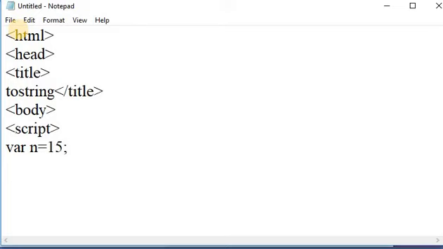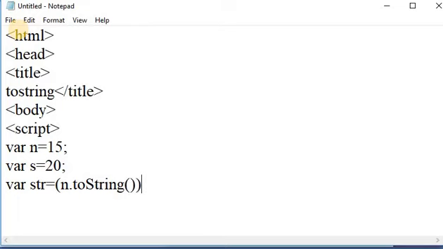We convert this number into a string. And here again one variable, s is equal to, suppose, 20. This s is also a number. Here I am taking one variable, str, and storing the number in it: n.toString, with the S in capital.